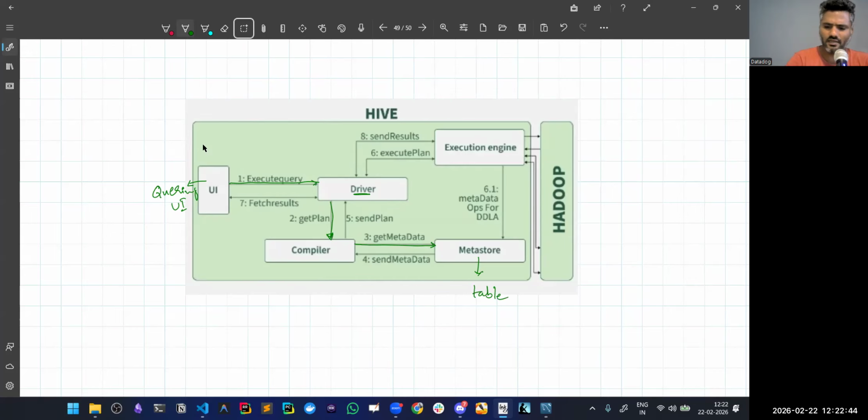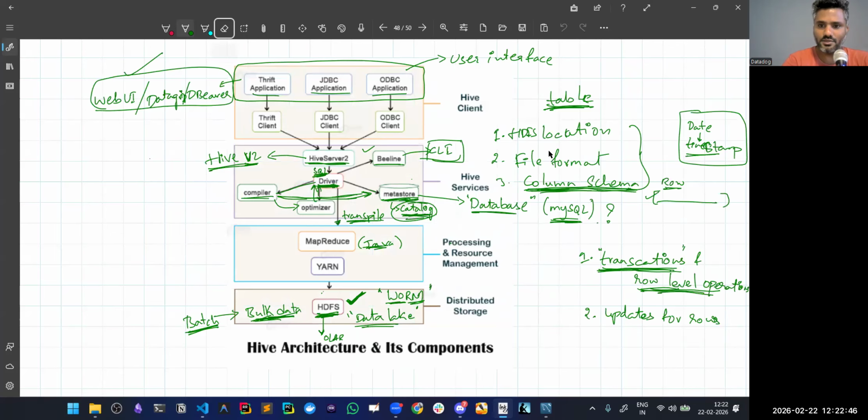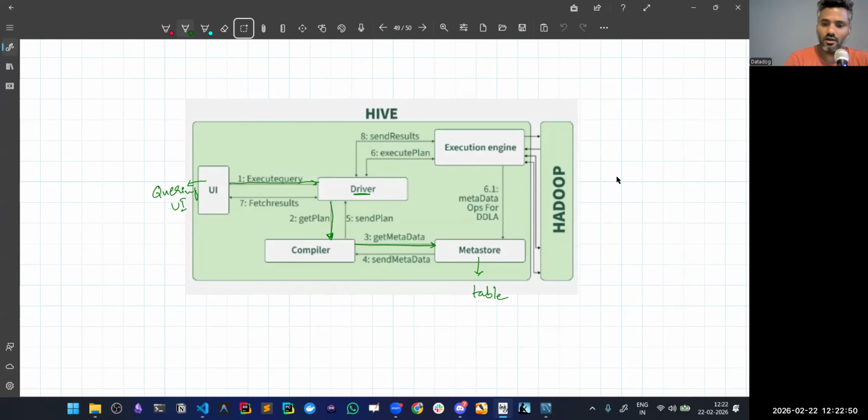Table information, again, we have seen this, includes your HDFS location, your file format, and your column schema. All of that. Let's just say I have done select star from sales. Now, when we executed this query here, it reaches the driver, it reaches the compiler, and